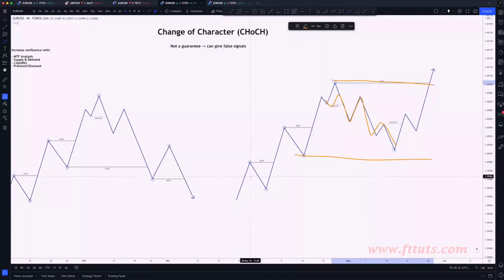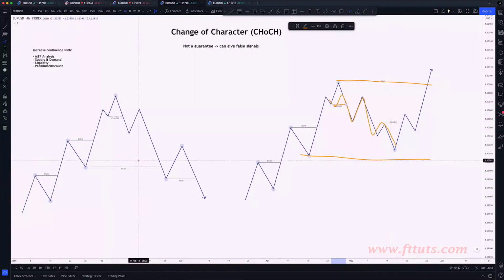Sorry, a weak high until it's taken out. So when the market is bullish and we're trading to the upside, yes, we can get that change of character there and we can anticipate the reversal, like what we were expecting to happen over here. But there's no guarantee because this is still a strong low, right? So the odds are that this strong low is going to be protected and we're going to continue to the upside. So if you do get short and you're trying to trade that reversal, you see that change of character,